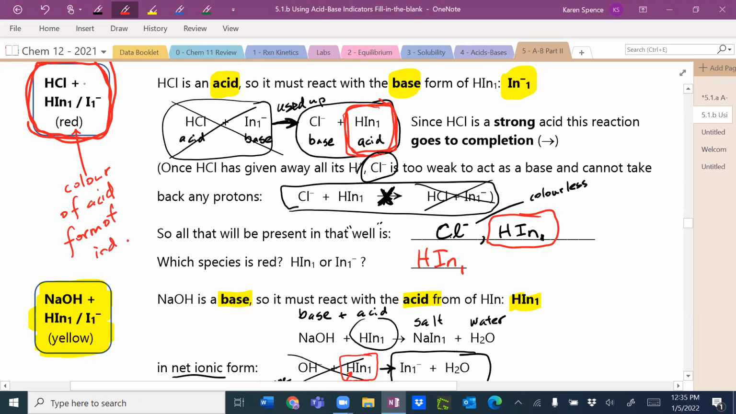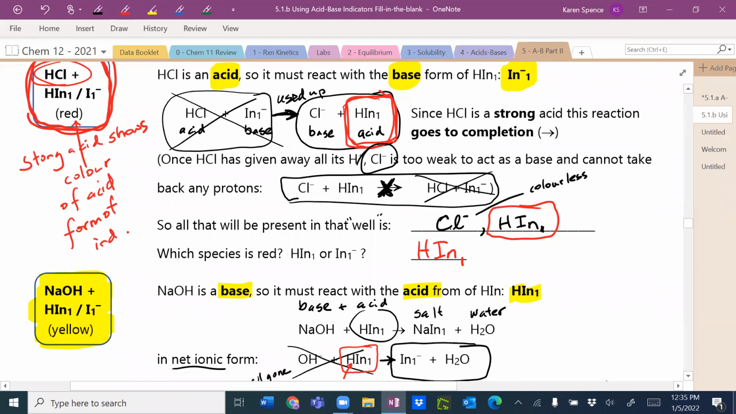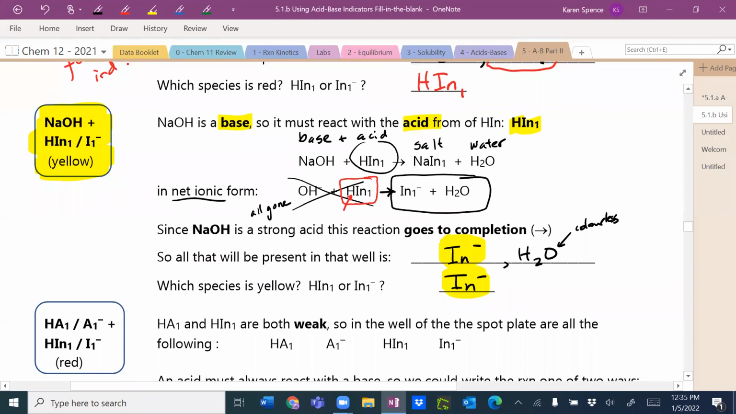And that's when we put it with a strong acid. So the strong acid shows the color of the acid form of the indicator. A strong base, I wrote strong a base. Oh dear. A strong base shows the,